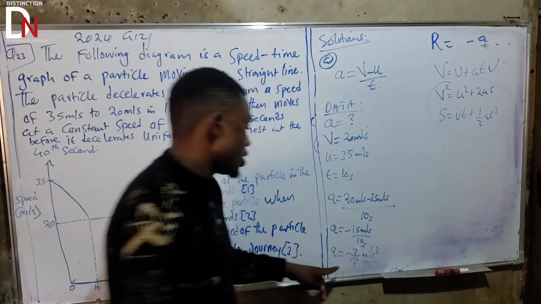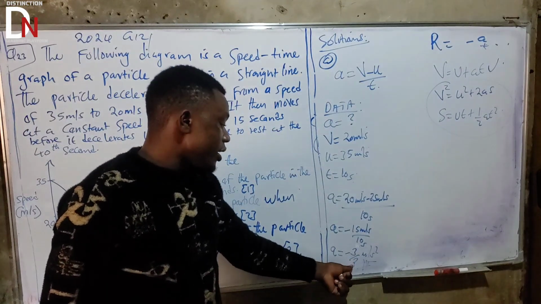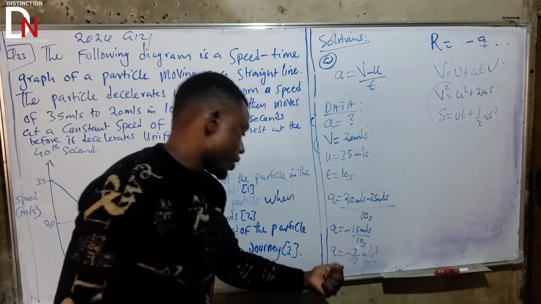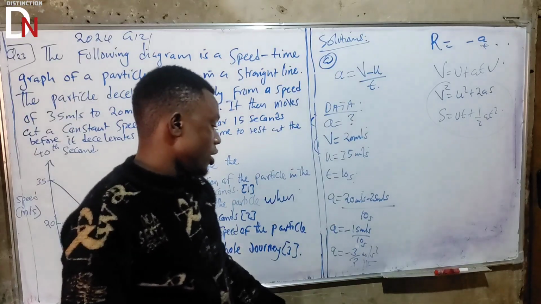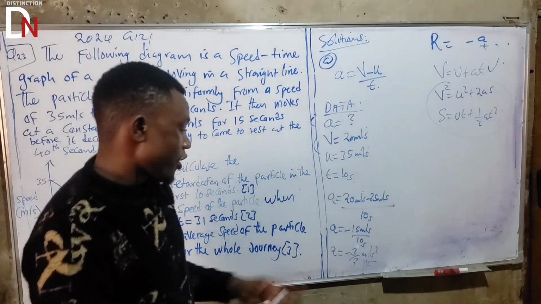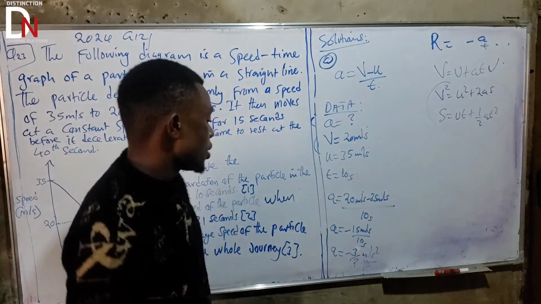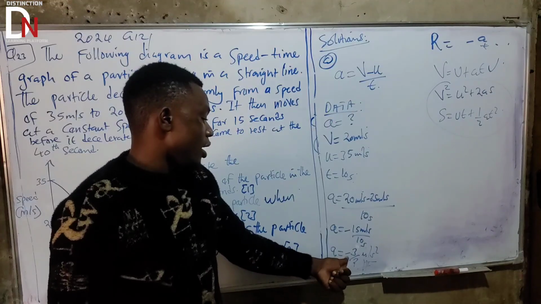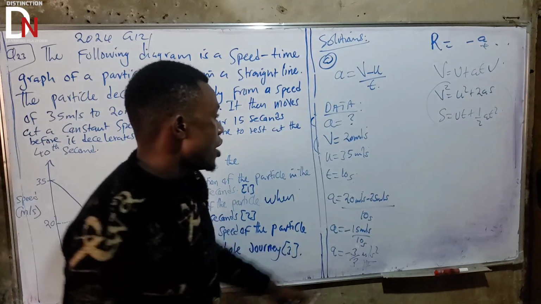So this is the answer. If you want, you can transform or rather change this improper fraction into a decimal number, or even a mixed fraction. Or even if we were to end here, you should be able to get a mark. But remember, this negative implies that the car was decelerating. So since we are finding the retardation, therefore